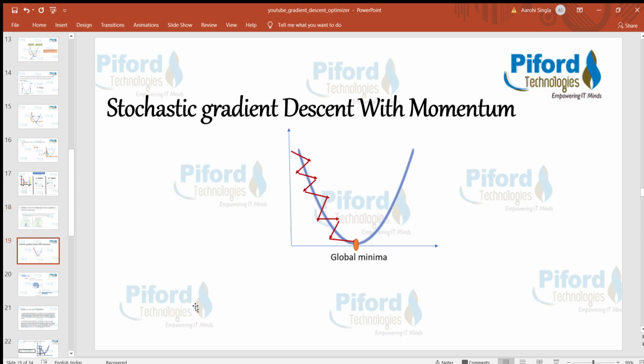So if we talk about this global minima, see this proper parabola curve, this is the global minima. We want to reach it over here, and with the gradient descent optimizer we can come smoothly over here. But as I've just shown you, with the stochastic gradient descent optimizer, our weight is sometimes here, then the next weight is here, the third weight is here, the next weight is here. It will follow this path to reach the global minima. So this is noisy. Now our task is to reduce this noise, and we can do that with the help of stochastic gradient descent with momentum. This concept I'll cover in my next video.